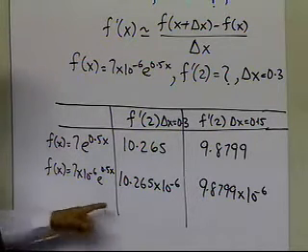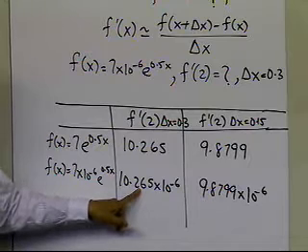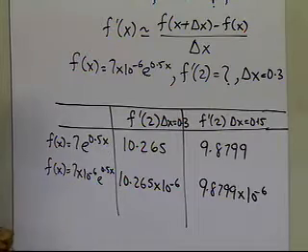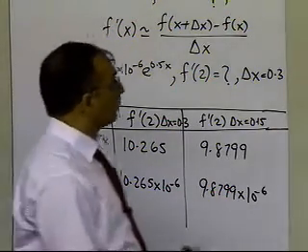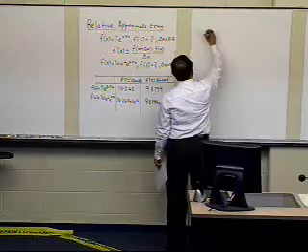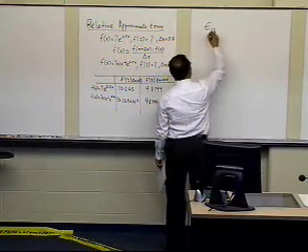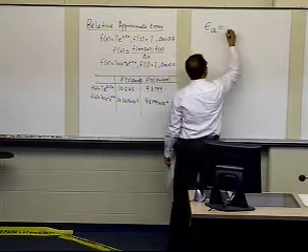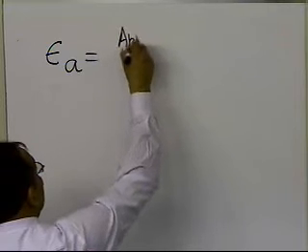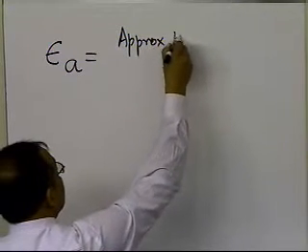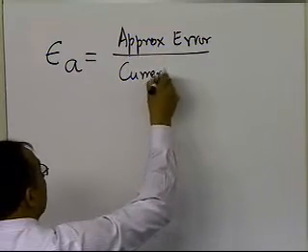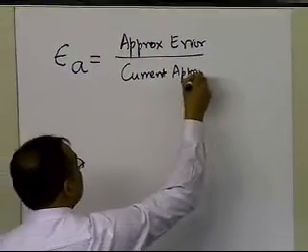It might give you a false impression in this case that, hey, my approximate error is small, and in this case that the approximate error is large. So that's why we need to define the concept of the relative approximate error. So let's go and do that. How is the relative approximate error defined? It is denoted by epsilon a, where epsilon stands for relative error and a stands for approximate. It is simply defined as the approximate error divided by the current approximation or present approximation.